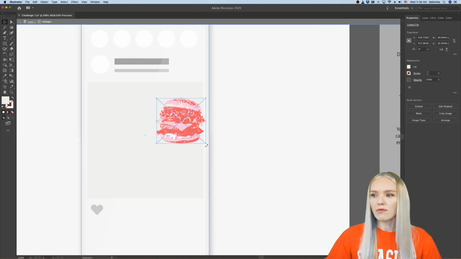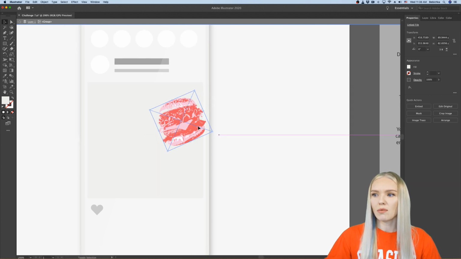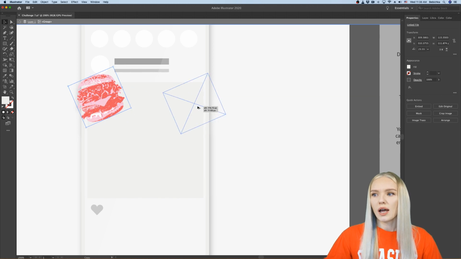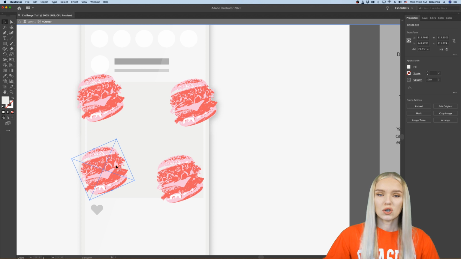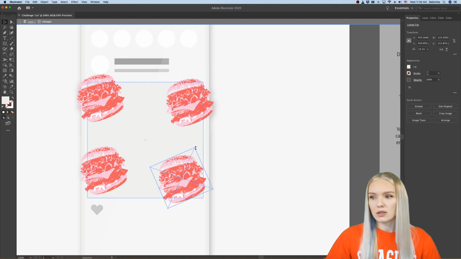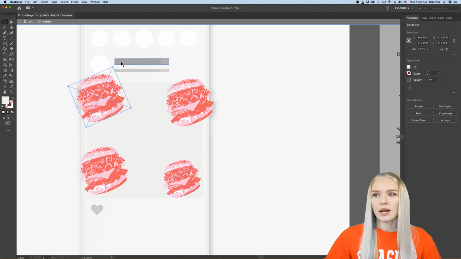Okay, so I'm going to make the burger a little bit smaller and distribute it all over the place to create a little background. You could also use a pattern that you've created before, but I'm going to use this for now because I want it to be more modifiable, and I want to adjust the sizes as well. It's only 4 of these, so it's not too much work.